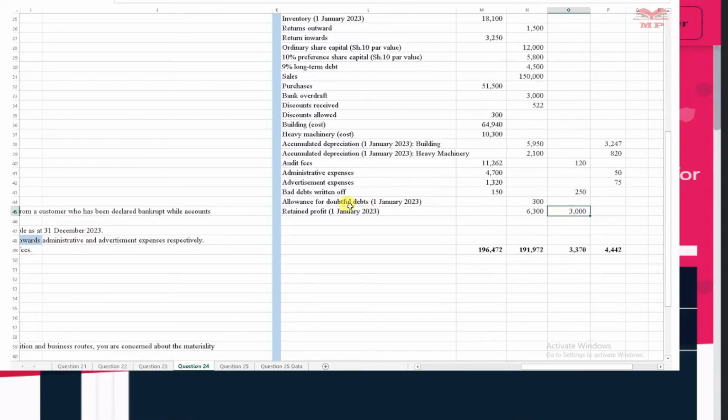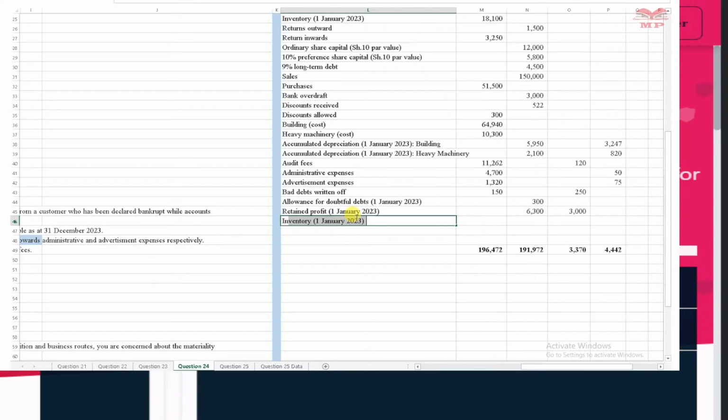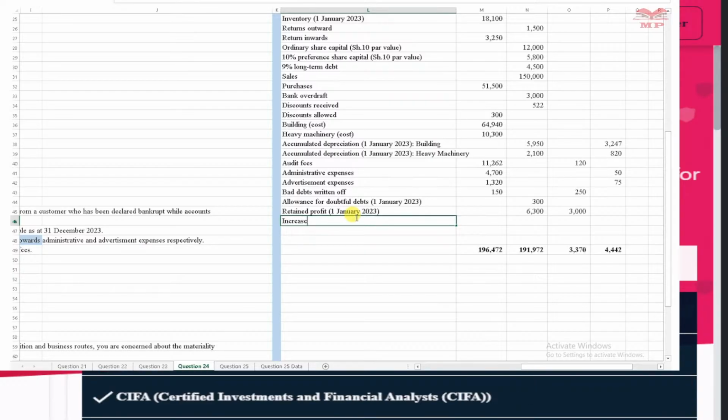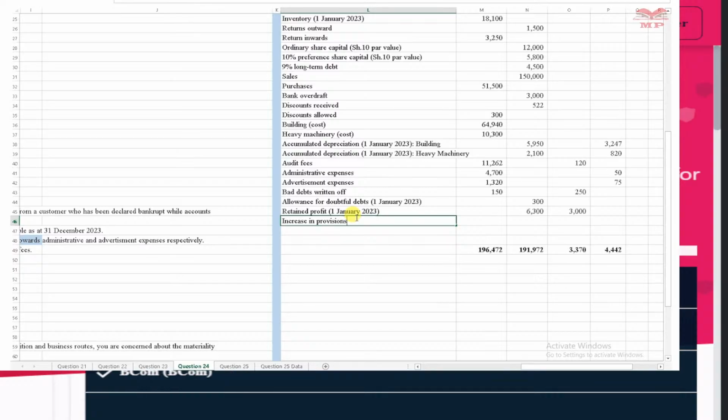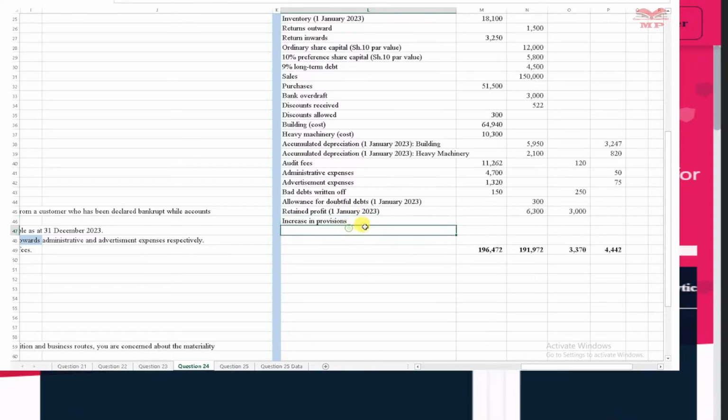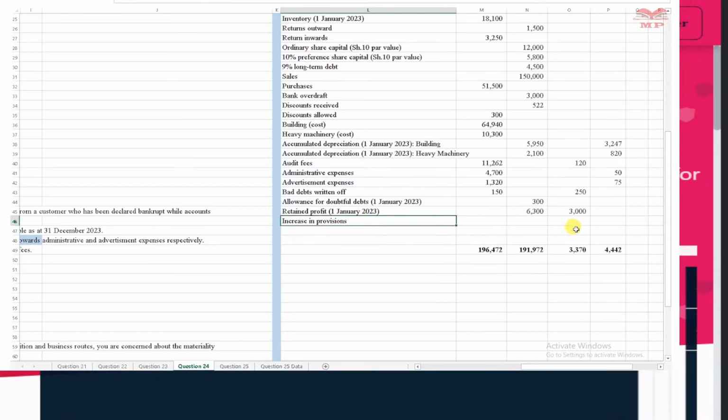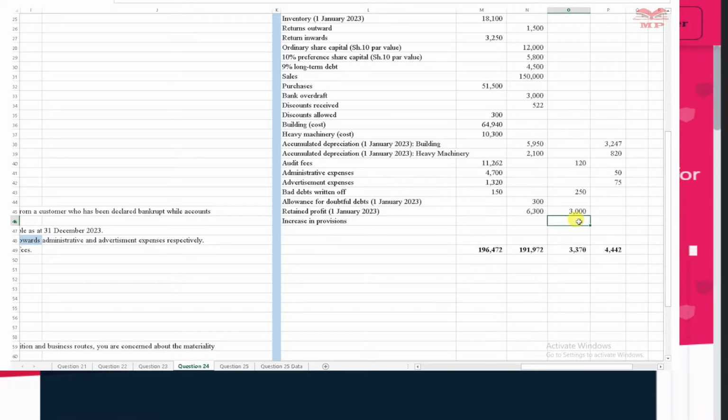So we can write over here increase in provisions. And we state that the increase in provisions is going to be given